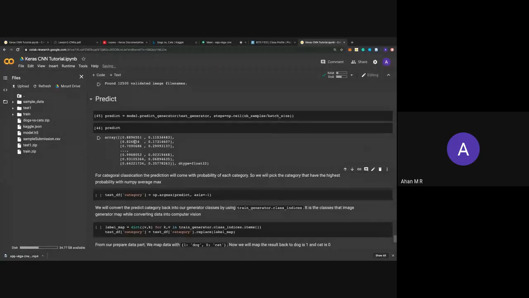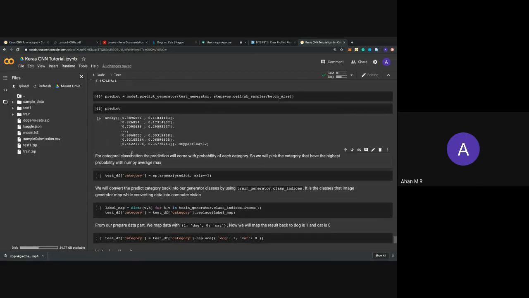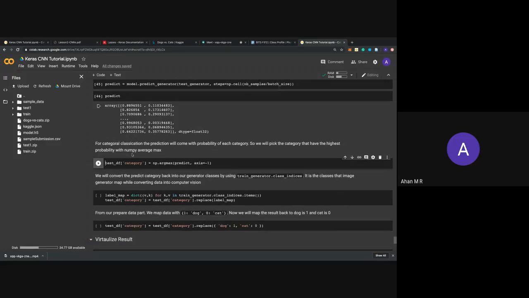You see that since we've used softmax, it gives a probability. The addition of these two is equal to 1. So I'll use np.argmax. NumPy has a function called argmax. It will take the index of the maximum value in each row and give that as an output. This mostly gives out ones and zeros, like if the first class is the highest, it gives the first class. Also make sure your model does not overfit.